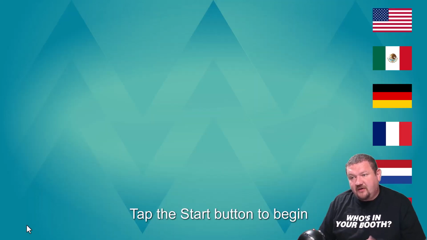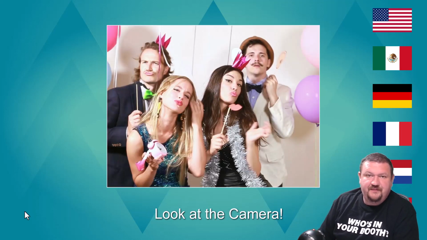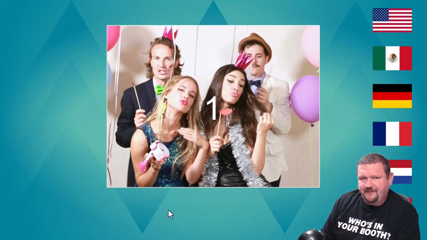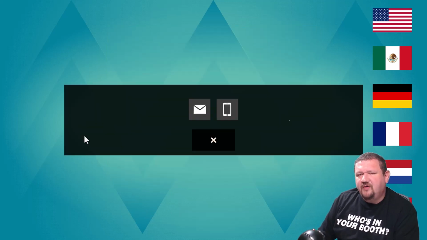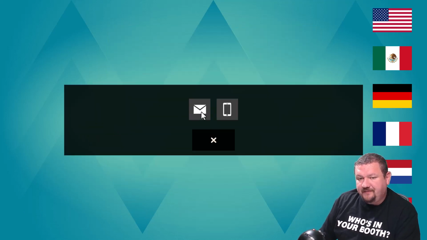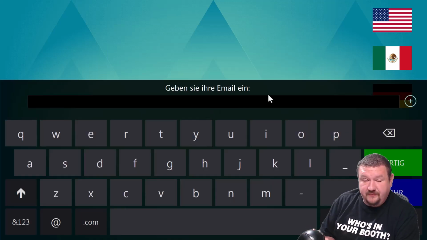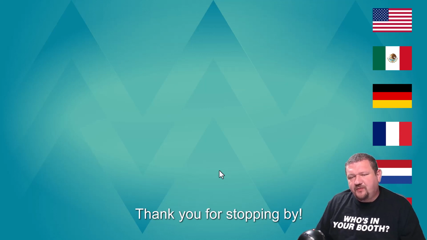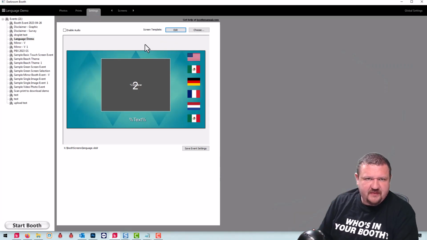Now the default language is set to German, so whenever I click start, this text right here is still in English, and there's a reason for that. But whenever I go to share, anything that's hard coded in is now in German. I go ahead and click OK. And the reason why this text right here is still in English is because it's set